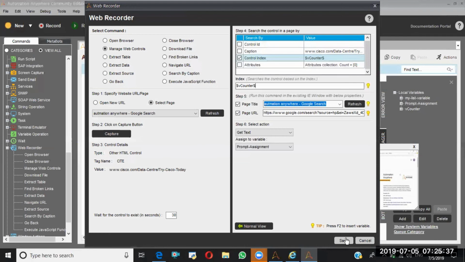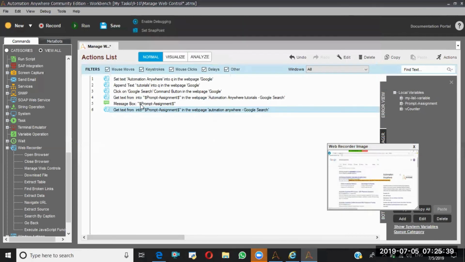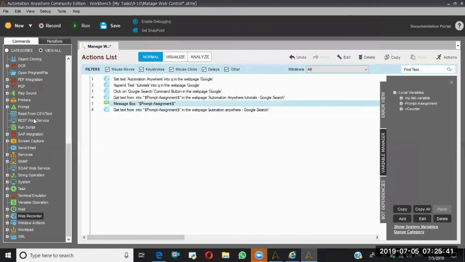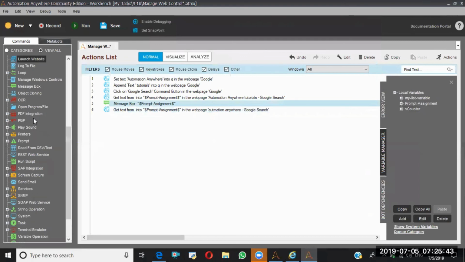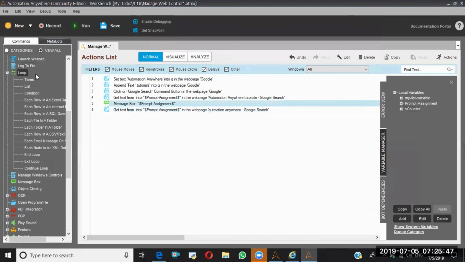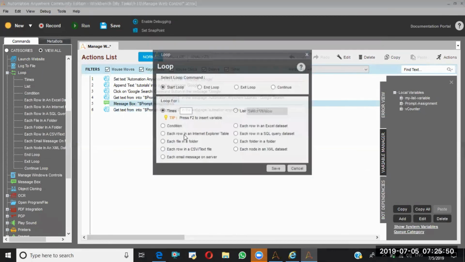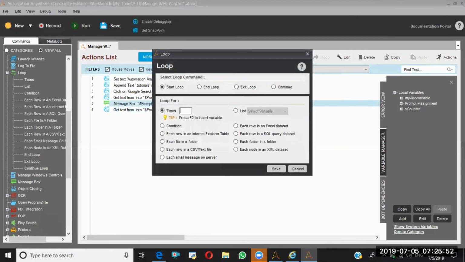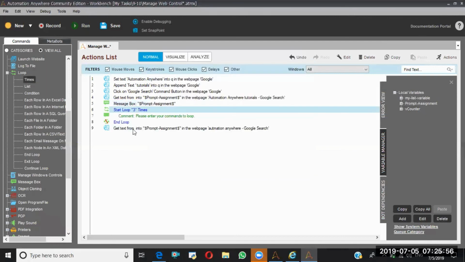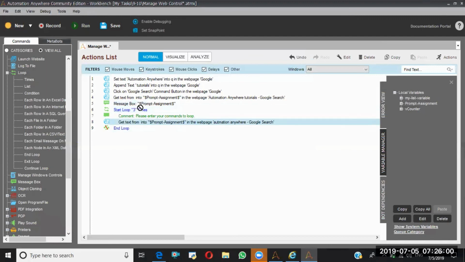Okay, I said save. Then I'm going with a loop, loop times. So I just want it done 3 times. So 3. So I'm putting this inside this loop and I'm dragging this message box as well.